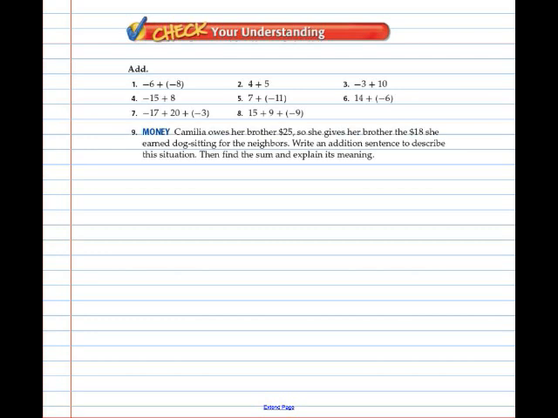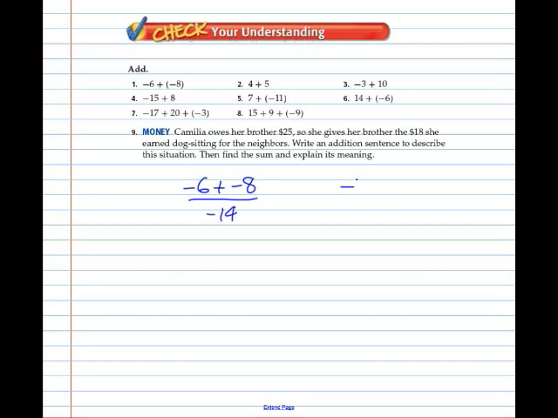We'll do just a couple examples here to save some time. We'll do number 1, because both signs are the same. Negative 6 plus negative 8 is negative 14. Number